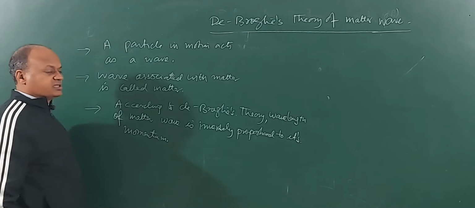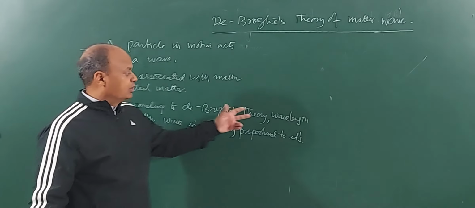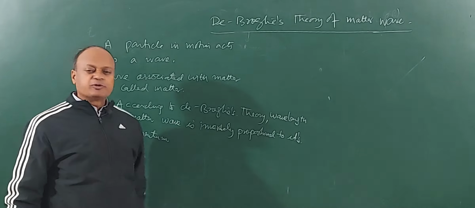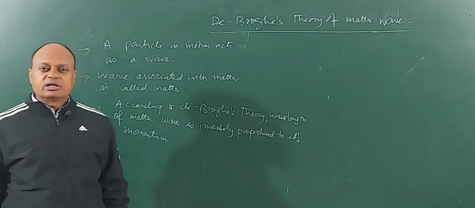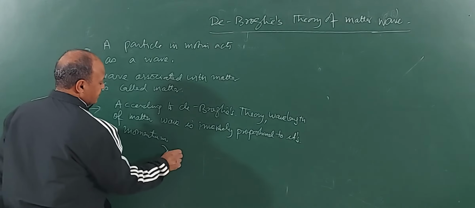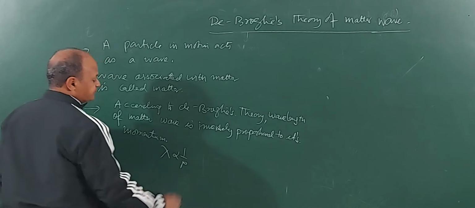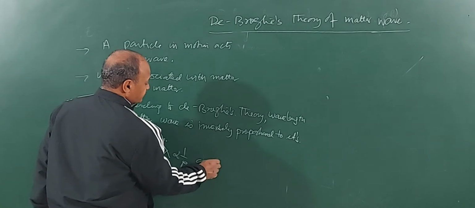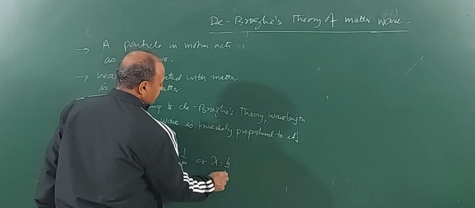According to de Broglie's theory, wavelength of matter wave is inversely proportional to what? Momentum. So, lambda is inversely proportional to P, or lambda is equal to h by p,